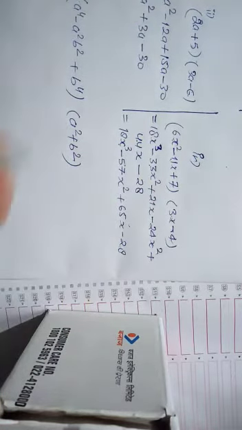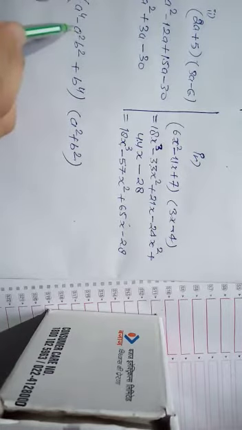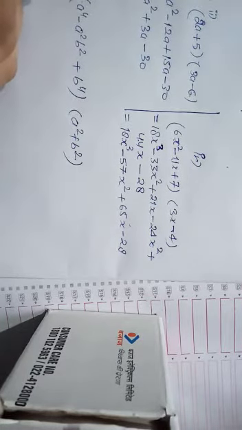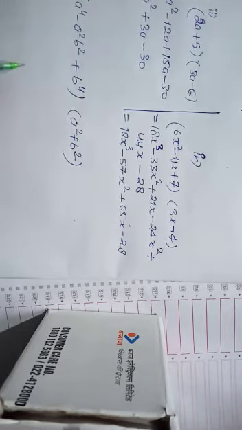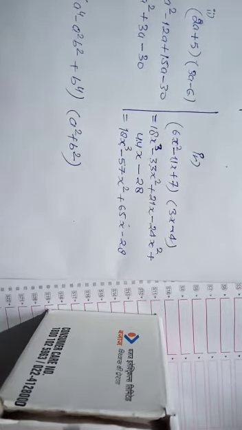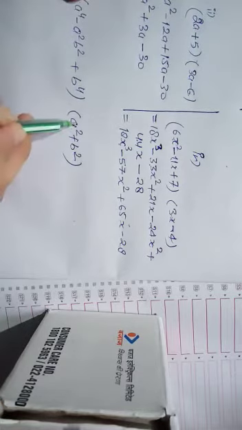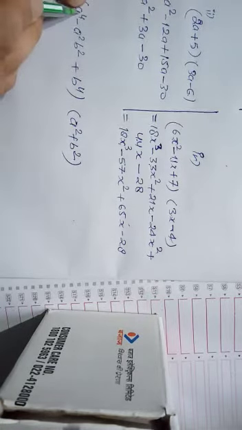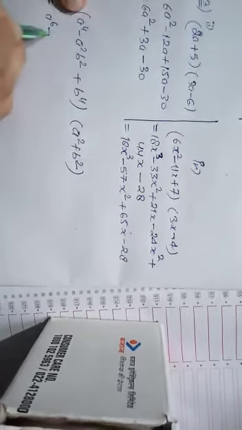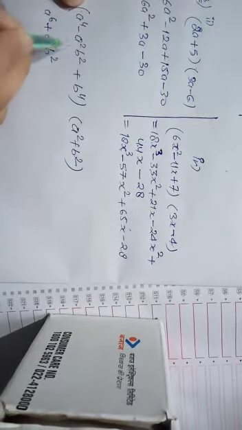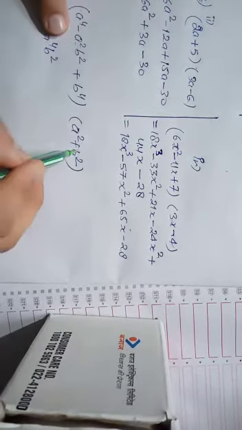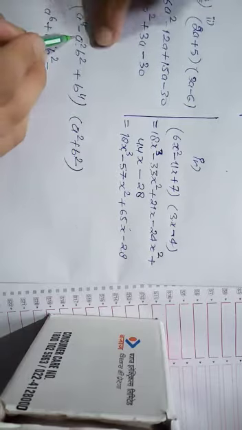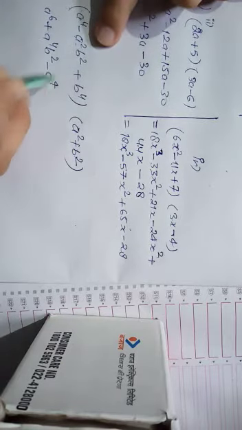Now sixth part. In this case again we have 3 terms and 2 terms. Just you have to focus on the multiplication with sign. Sign is very important, otherwise your answer will be wrong. Okay, a to the power 4 a square, so a to the power 6, a to the power 4 b square, so plus a to the power 4 b square. Now the second term multiplied with these two terms, minus a square a to the power 4 b square.